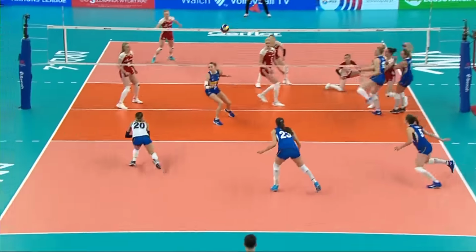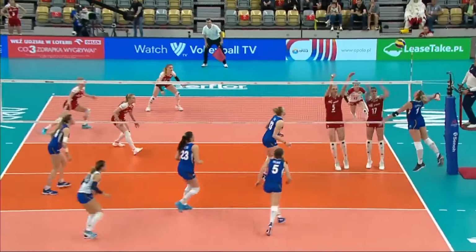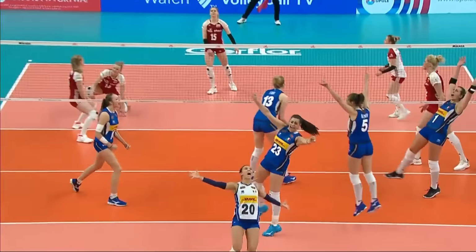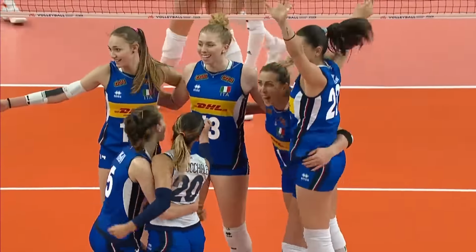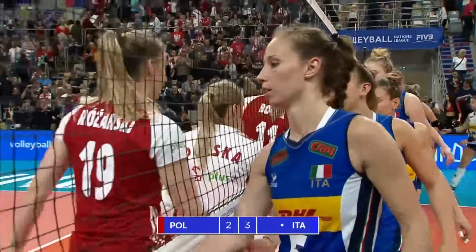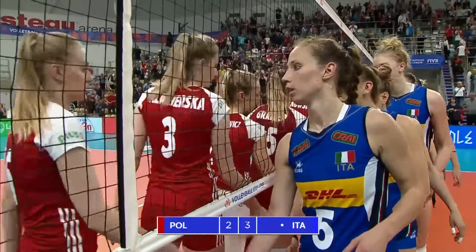over the hosts. What a pickup that was from Barocciali, the libero. She's played an enormous part tonight. They've all played their part. It has been an absolutely